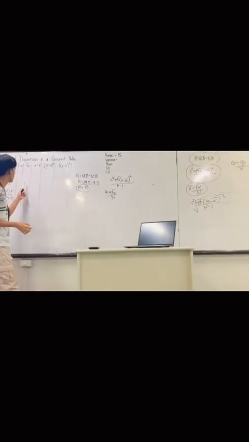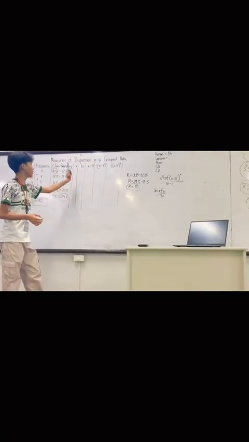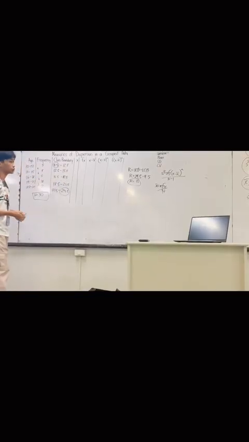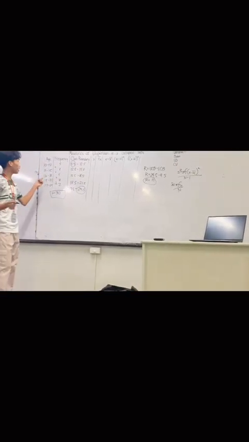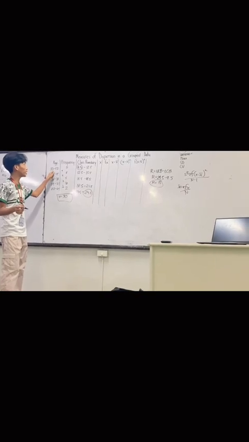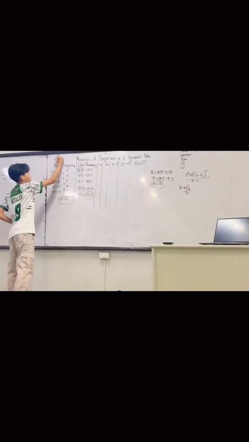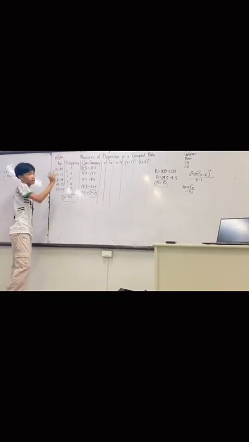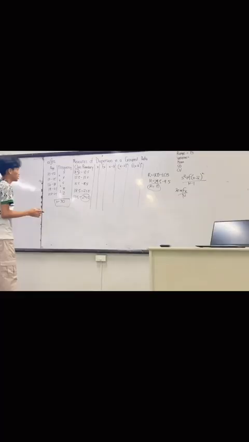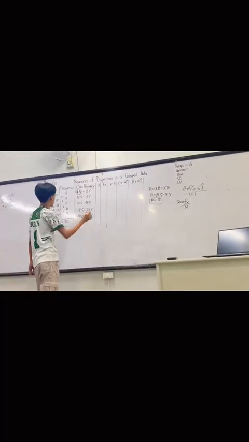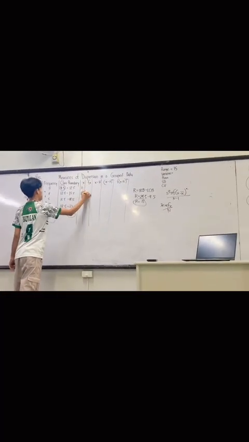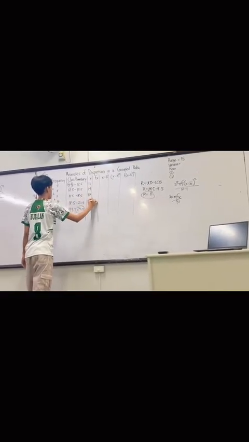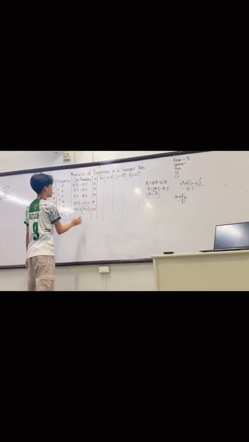Next thing is we're going to identify our x and our f times x. In order to get our x, we just need to get the middle number of our intervals. For example, 10 and 12. What is the middle of 10 and 12? 10, 11, 12. So it is 11. It is very basic to get, as it is just finding the middle number. So 11, 14, 17, 20, and 22. There you go. We have our x.